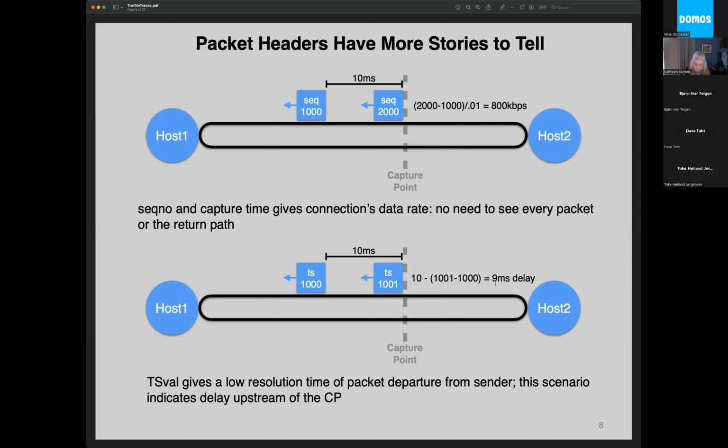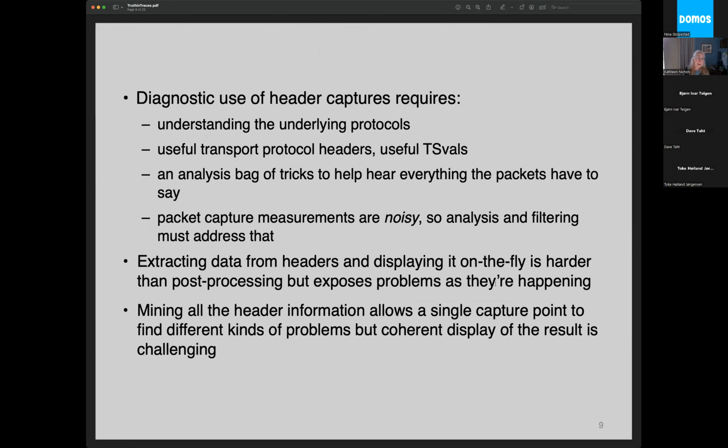But a thing I want to say here is, if you do this, your measurements are noisy. There's no getting around it, but that's fine. We need to think of ourselves more as scientists measuring things. If you go out and measure things on the network, you're going to see noisy measurements. It's just like when people go out and measure nature, they can't expect the same exact number, and they don't have to do anything to filter out the information.